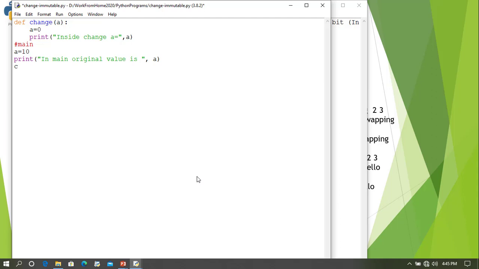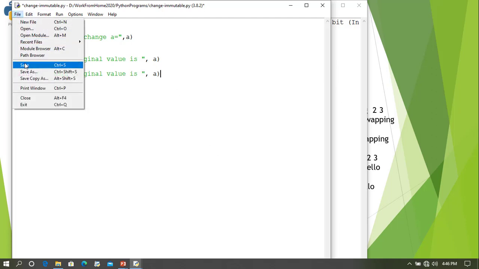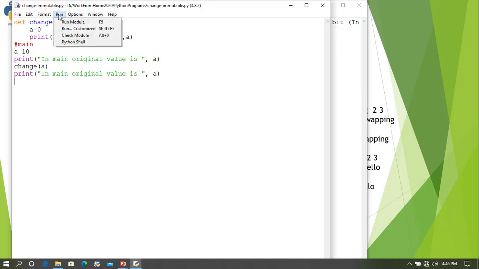Then we'll call change the value of a and make it 0, and then again we'll try to print and see whether the value has been changed to 0 or not. Now save it and run it.